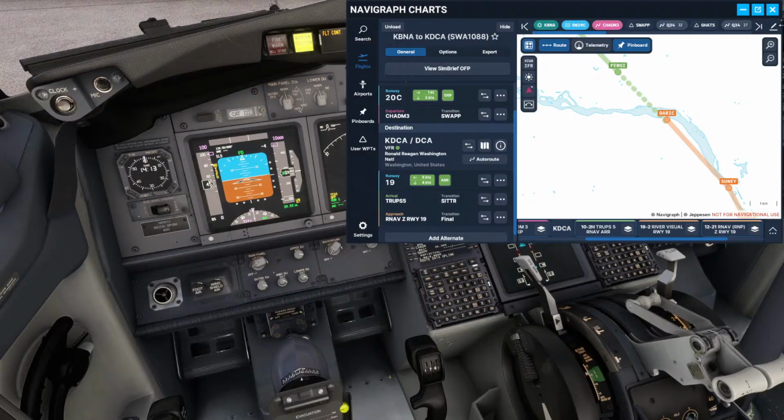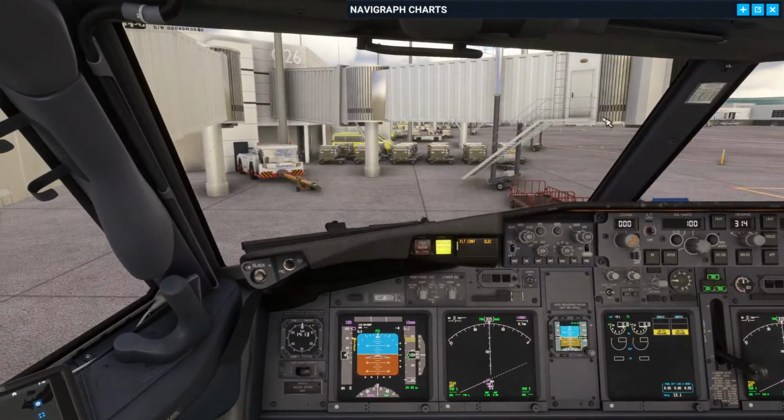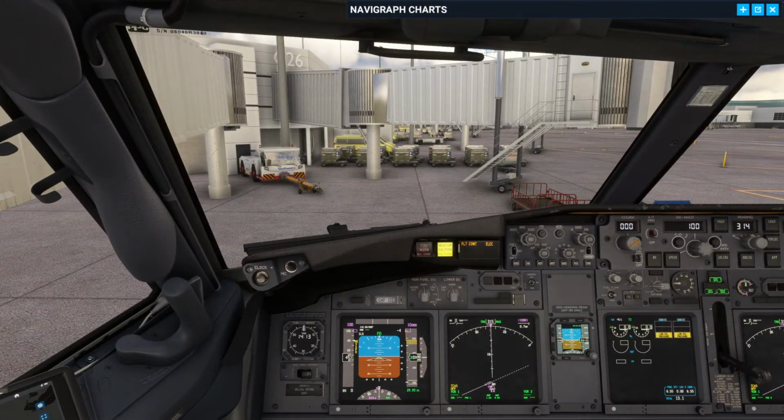Legs, whoops, you guys can't see that. Alright, let's go through our legs real quick, make sure we don't have any discontinuities. Fergie Dark, we're good. Alright, so we're going to execute that. And we're going to come back to our main screen, and we are going to